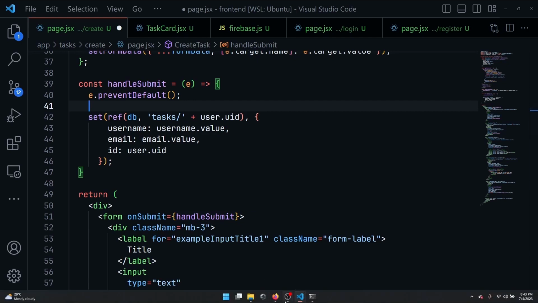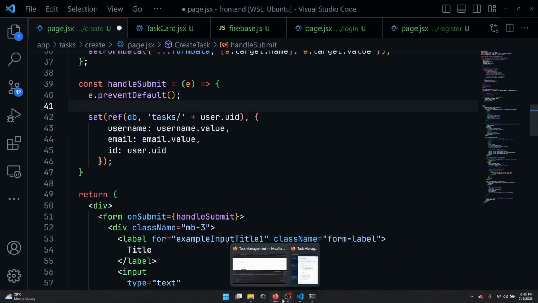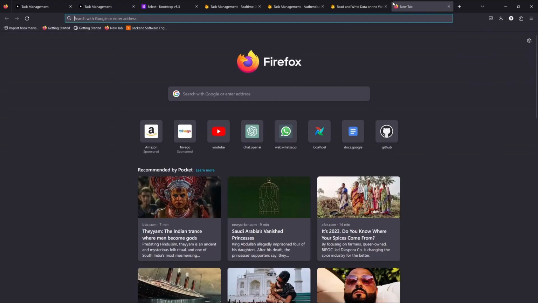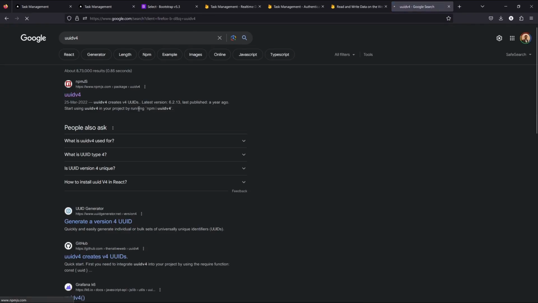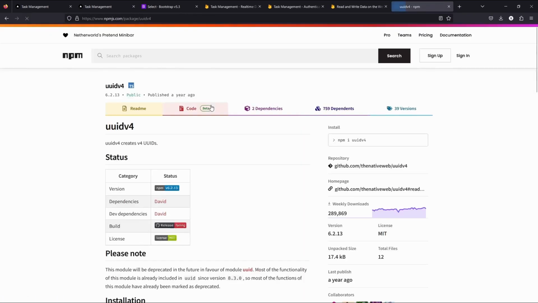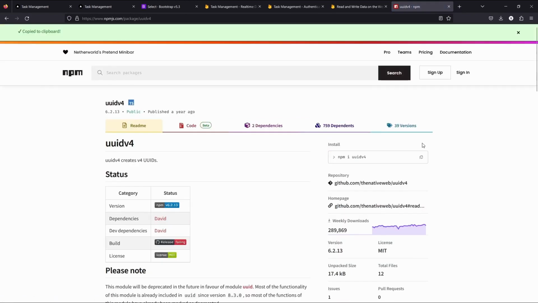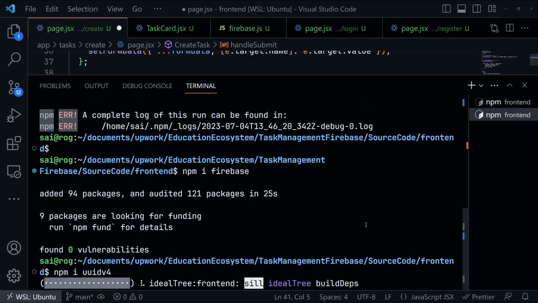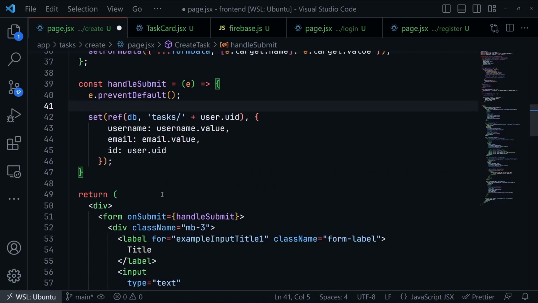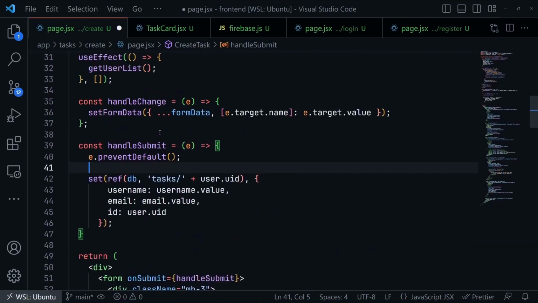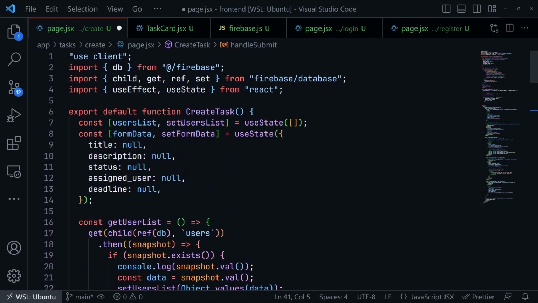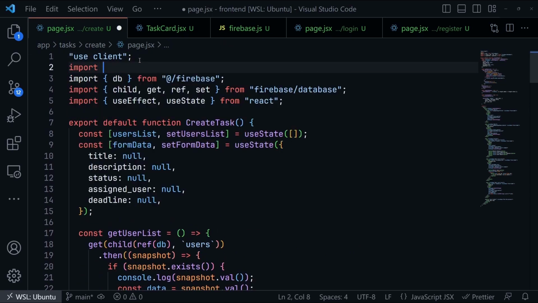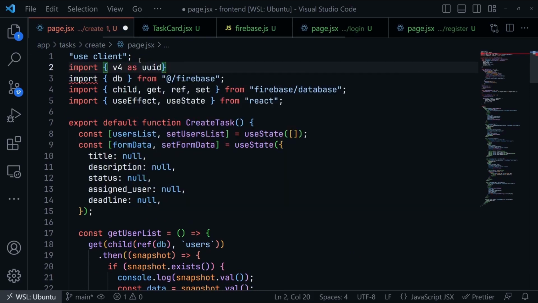So open the browser and go to uuid v4, and just copy this command and go to console. This will install the library. Now it's time to import it. So just go here and import the library. Import v4 as uuidv4